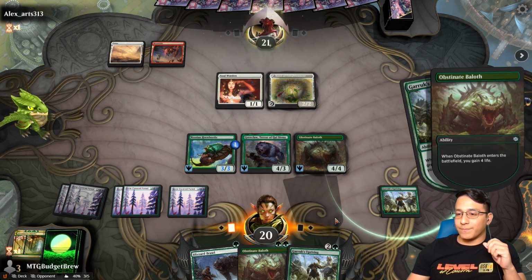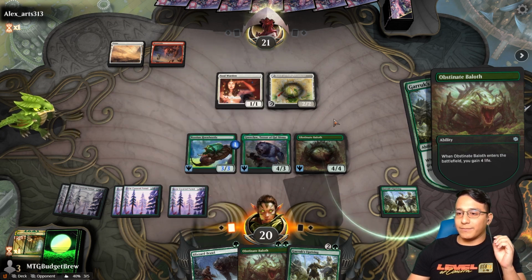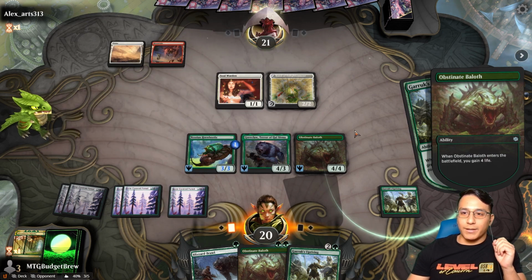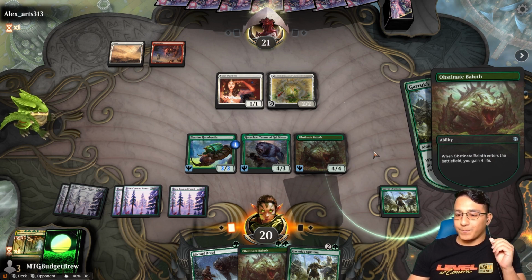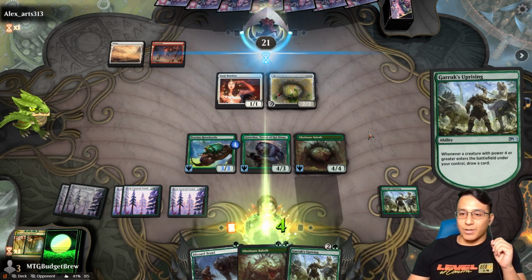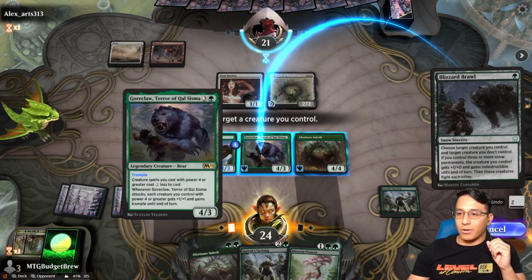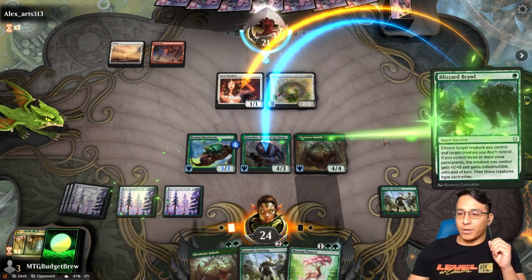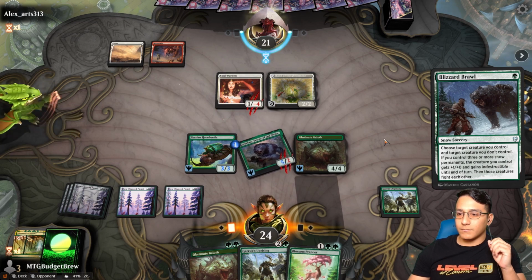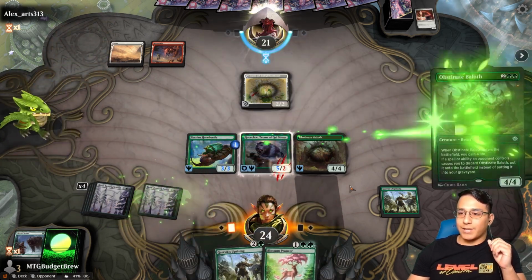Triggers, triggers, triggers. Oh, you know what? I probably should have killed Soul Warden with Blizzard Brawl before I played that. I was thinking that I want to kill the 2/2 with First Strike, but killing Soul Warden is probably better. So as soon as our opponent allows these triggers to resolve, I will fix my mistake. I will Blizzard Brawl, get Goreclaw to kill Soul Warden. Good. And now we will drop our second Baloth,